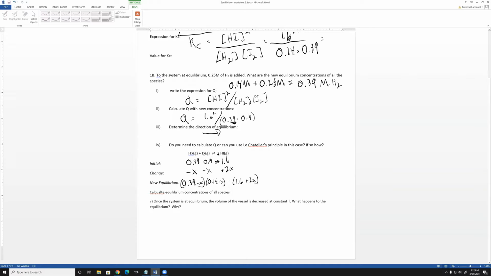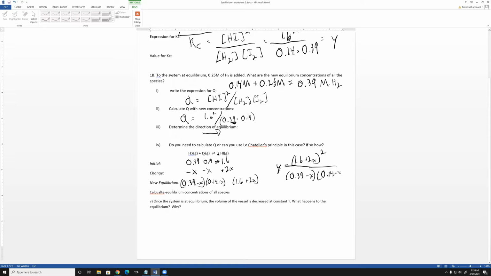Now, knowing these equilibrium expressions, we can solve for x, because we know our value of Kc. Now, Kc does not change when you add or remove products or reactants. So our value for Kc, let's say here it's y, whatever we got for number 1, we would have y equals 1.6 plus 2x, which is the new equilibrium concentration of HI, squared, divided by the new equilibrium concentrations of both H2